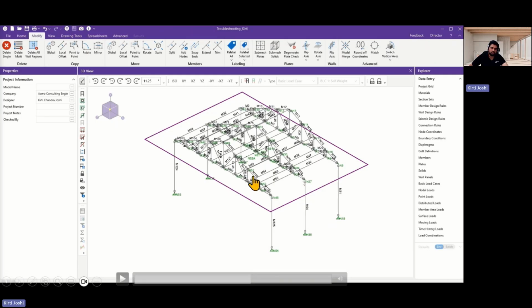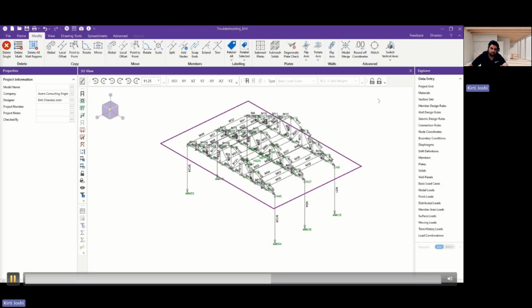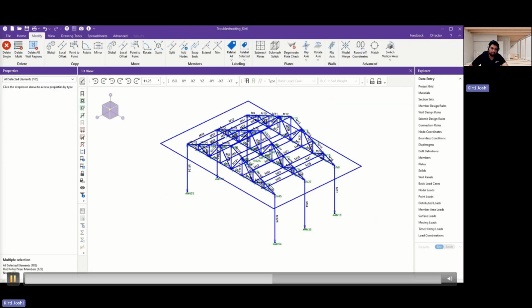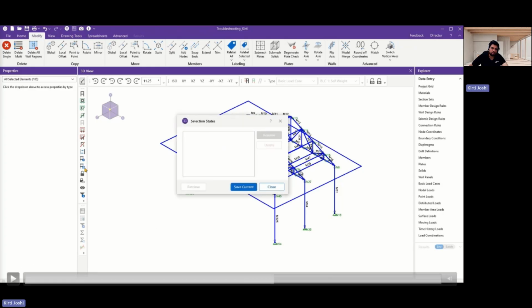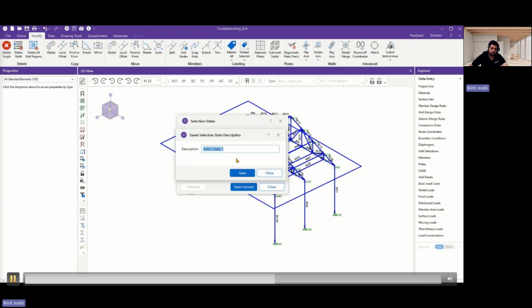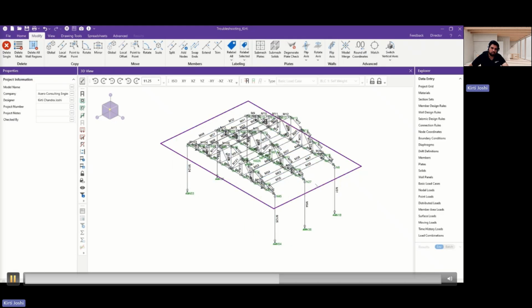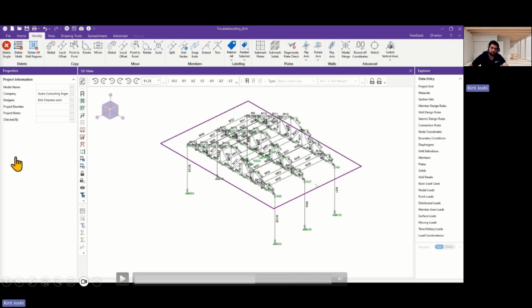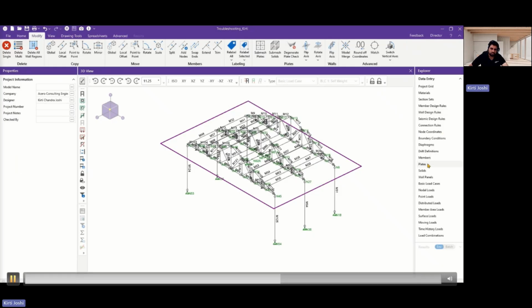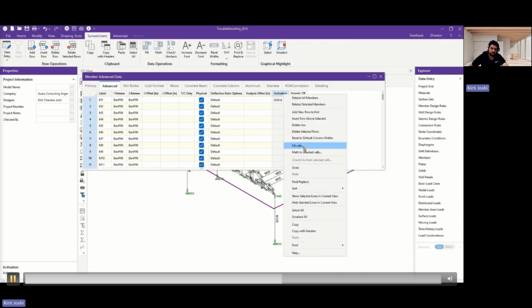So right now I have my model with my beam members active. I will just select all of my model, and on the left hand side there are a few icons, and under this one is the saved selection state. I will create the current status of my model and save it. I will save current and give it a name. I'm just giving it the name hide and will save it. And once you close it, and again, if you provide something like the members again, for example, I can just go on that and make it active,